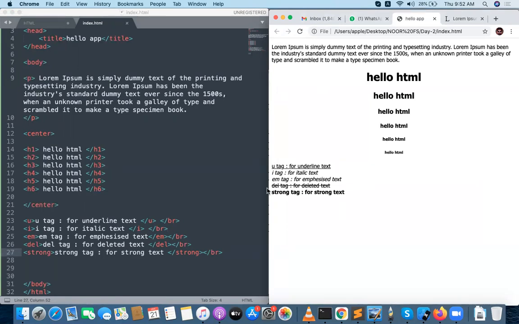One more tag called bold tag. B tag for bold text. Bold and strong look the same.